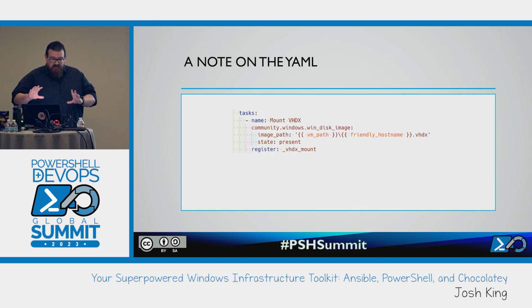But before diving into the demo, I did want to take a snippet of YAML out and highlight what you're actually seeing there. So we talked about collections. The collection being used for this task is the community.windows collection. And from that, I'm using the win_disk_image